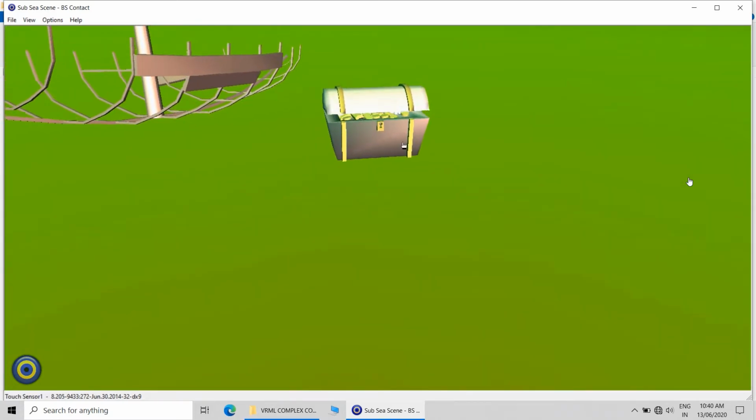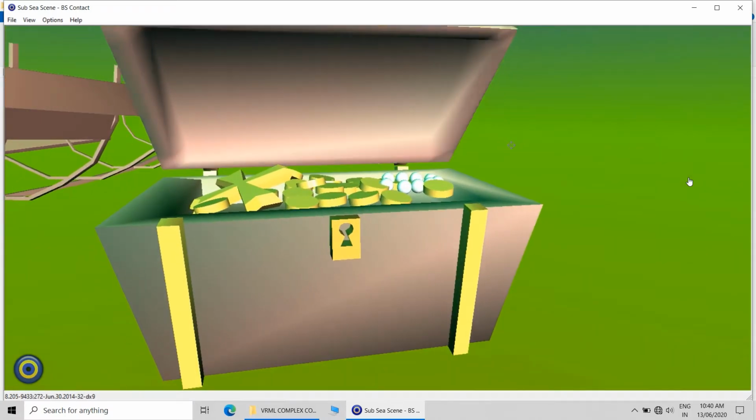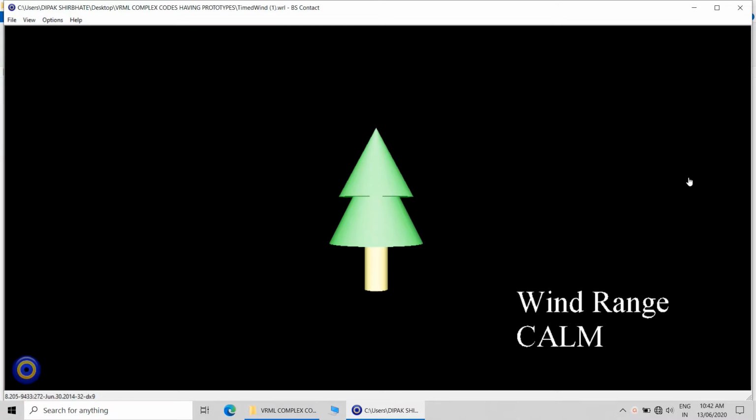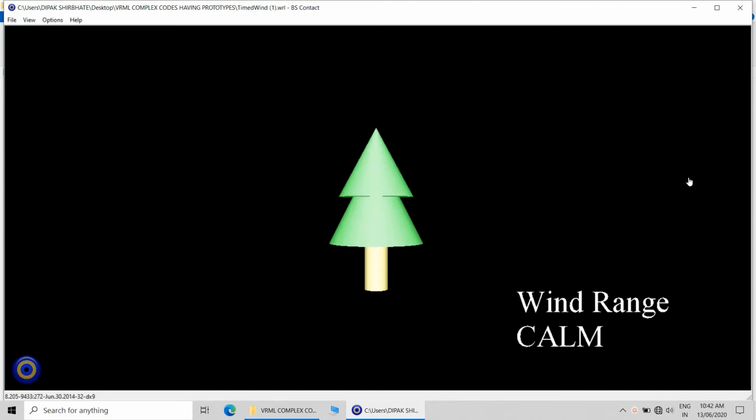This is a treasure. This is a very simple animation, but matching the text with the animation and angle, it was very difficult to recreate.